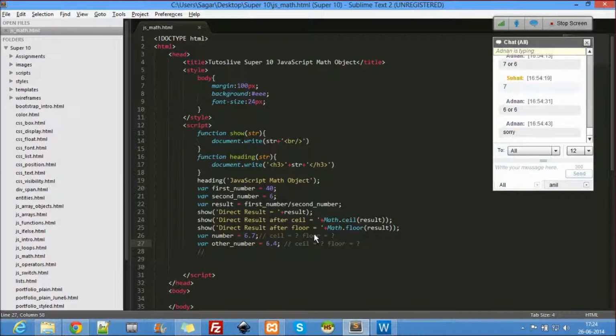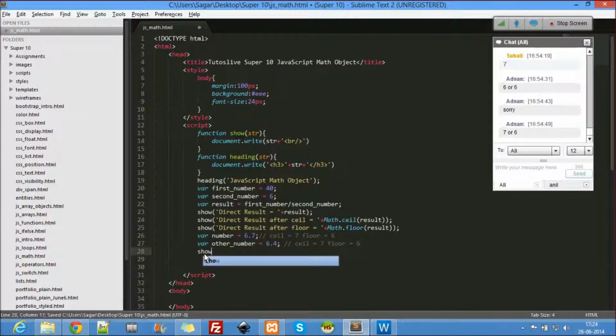Okay, fine. I'll just tell the answer. The ceil is always 7. For the next number, floor always removes that. Even for this, ceil is 7, floor is 6.